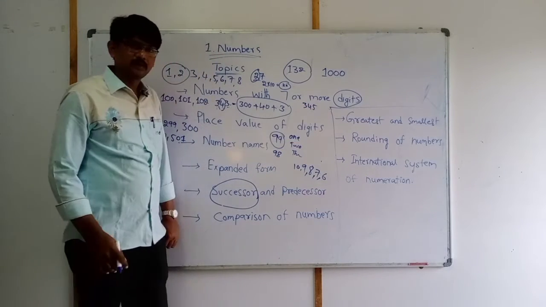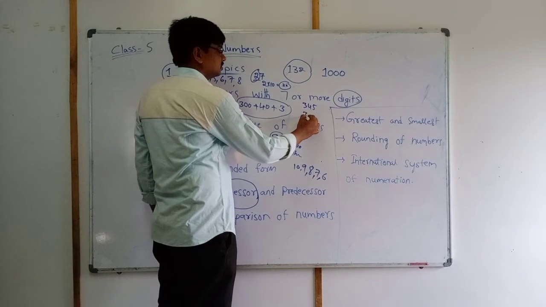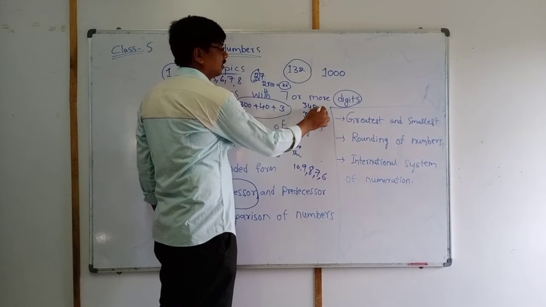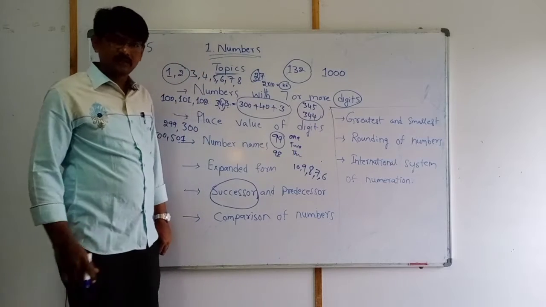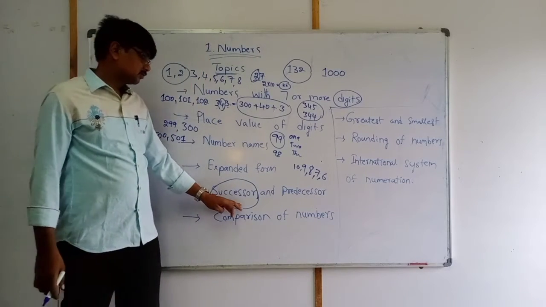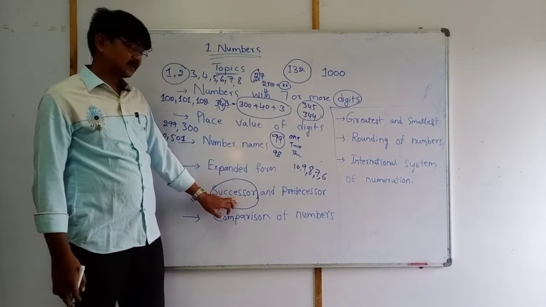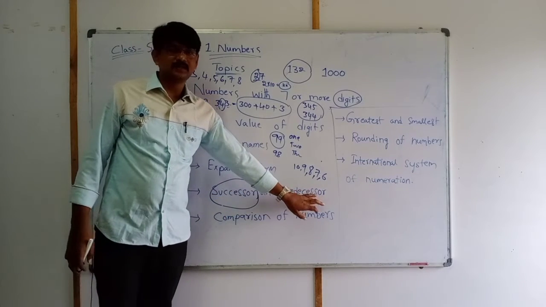What is the predecessor of 345? 344. Okay, students, clear? So in this lesson also, we are going to face problems about successor and predecessor